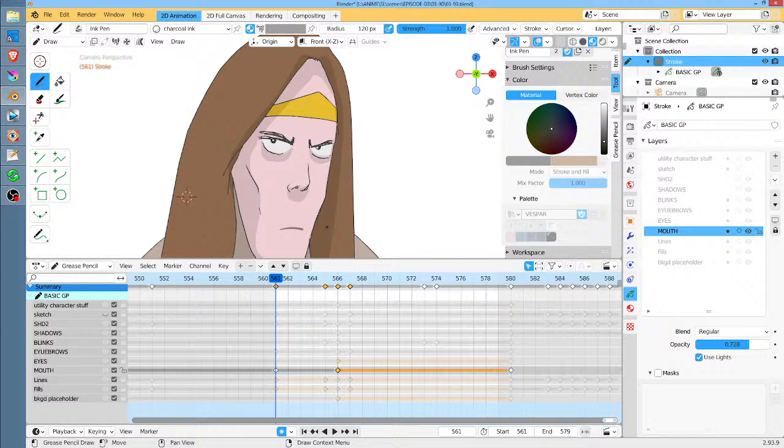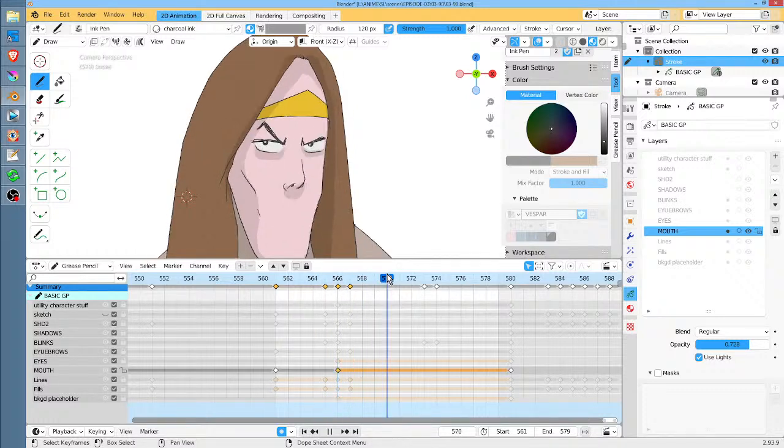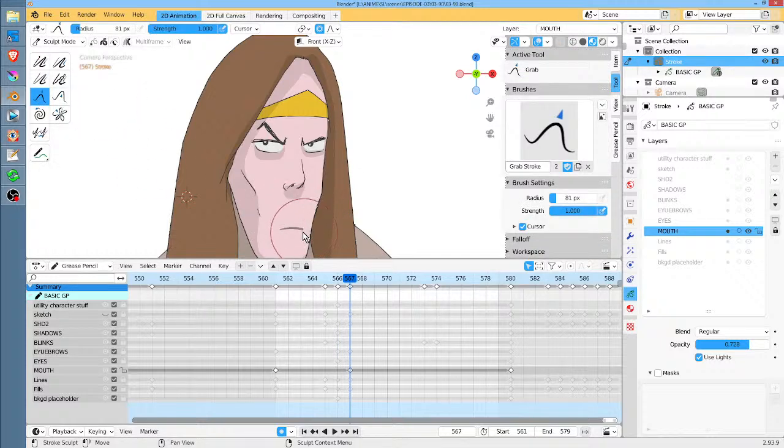Anyway, charcoal ink material, mouth layer, ink pen, no vertex paint. Okay. And now on the mouth layer, I'm going to actually just put a key here. Actually, no. I'm going to delete that key. And then I'm just going to hit in sculpt mode. Now my standard practice would be to Shift D, duplicate this to here,